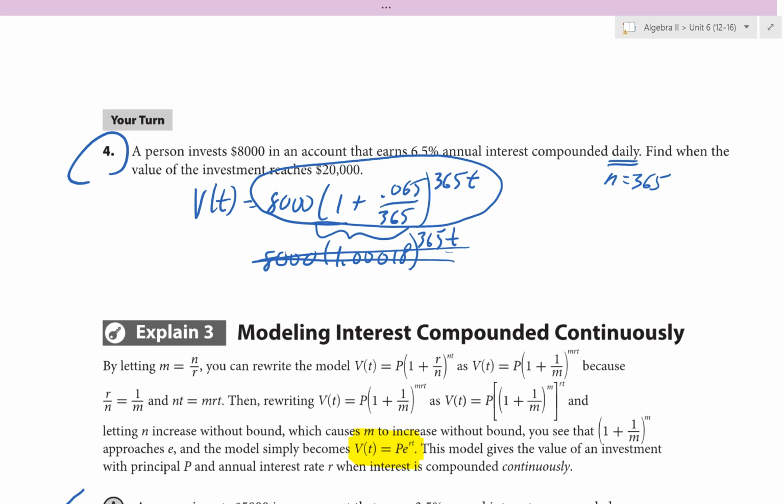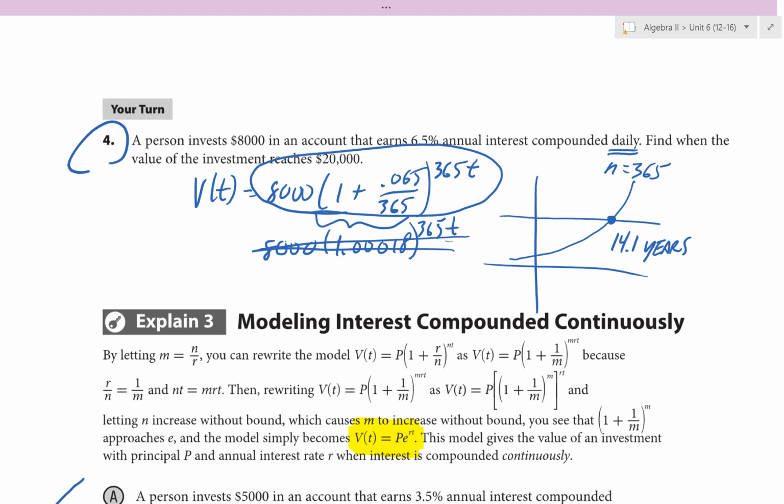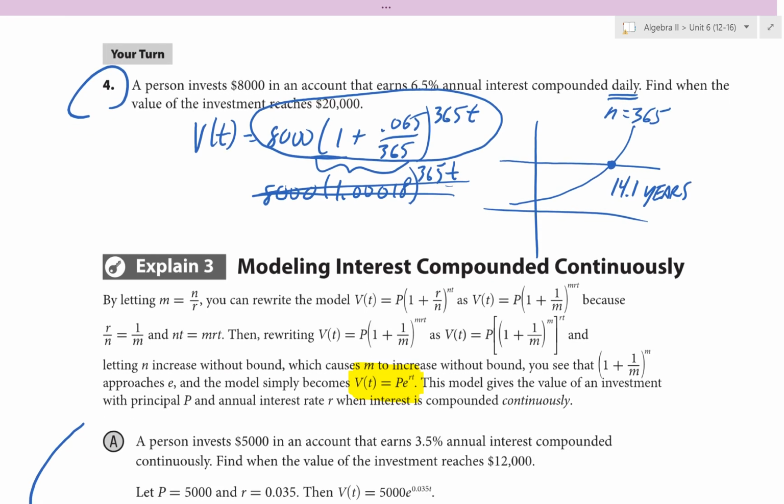And most of you, I saw when you got that, you graphed the value of your account and 20,000, and that intersected at 14.1 years. Okay, questions? All right, so